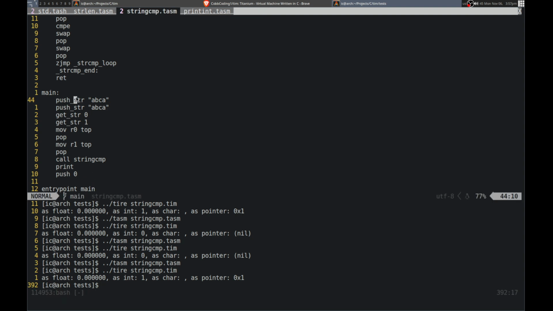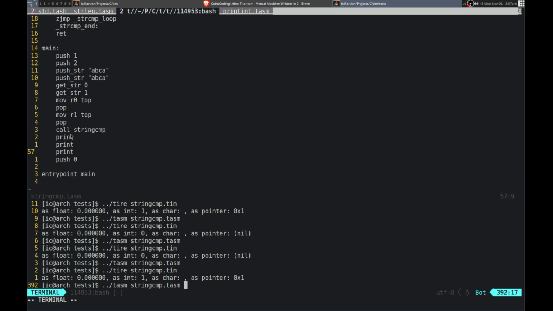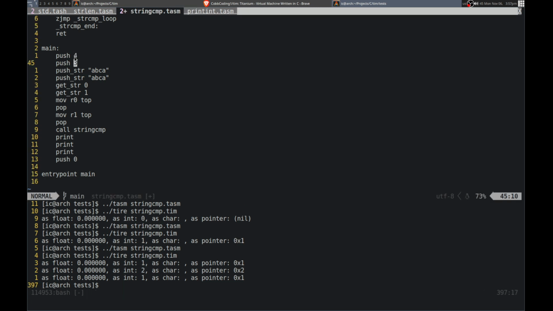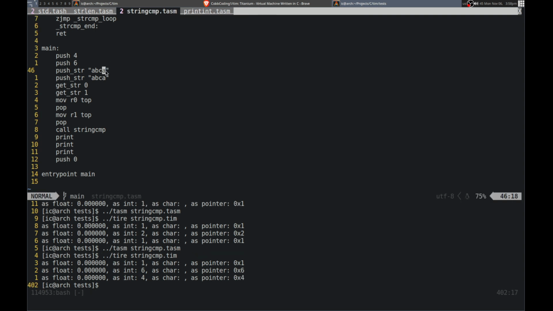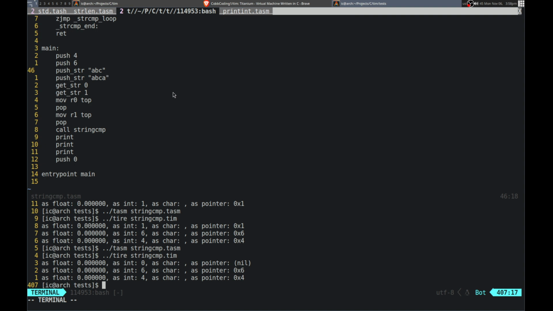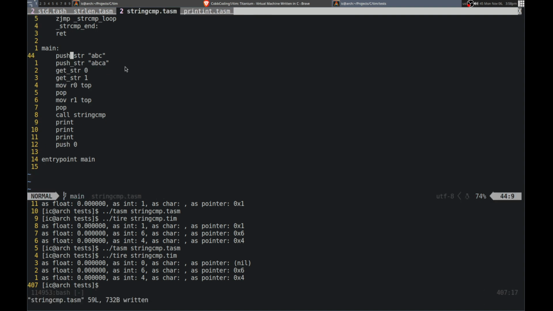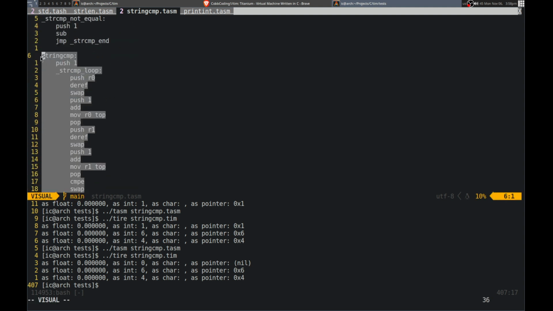Let me try pushing some other stuff onto the stack. And then that should still be there at the end. In that same order. Alright, let me make a different value so it's a little more clear. Alright, so 1, 6, and 4. And then if they are not equal, then 0. Alright, perfect. So it's actually working. That's pretty cool. So, yeah, so we can actually move this into